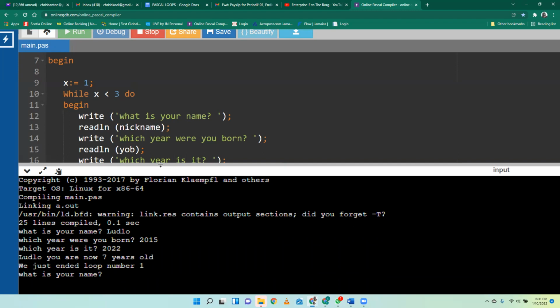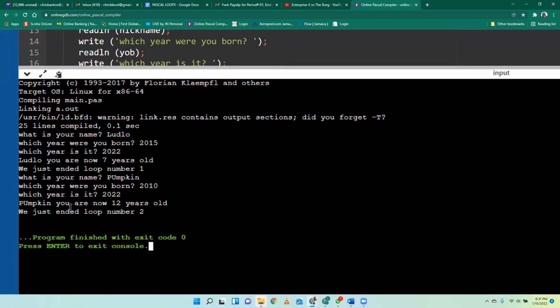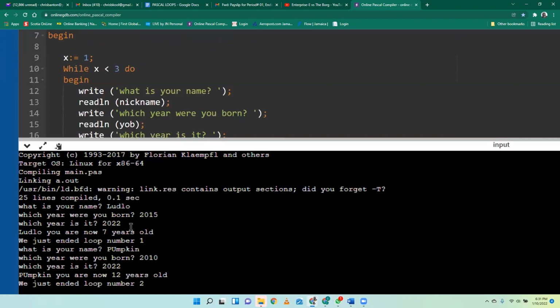All right, next name is Pumpkin. Pumpkin, which year born? 2010. Which year is it? 2022. Scroll up here. Pumpkin, you are now 12 years old. We just ended loop number 3. The program stopped because